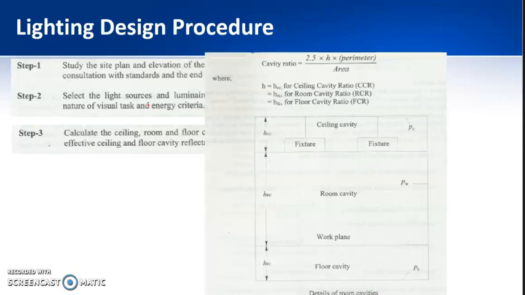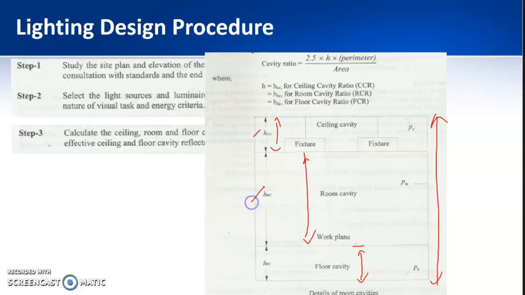Okay, first we will be discussing what the ceiling, floor and room cavity are. So this is nothing but the total height of the room, and this is the work plane, and therefore from the floor to the work plane is known as the floor cavity. Bottom of the fixture to the ceiling is known as the ceiling cavity, and the rest is the room cavity. So it is denoted by